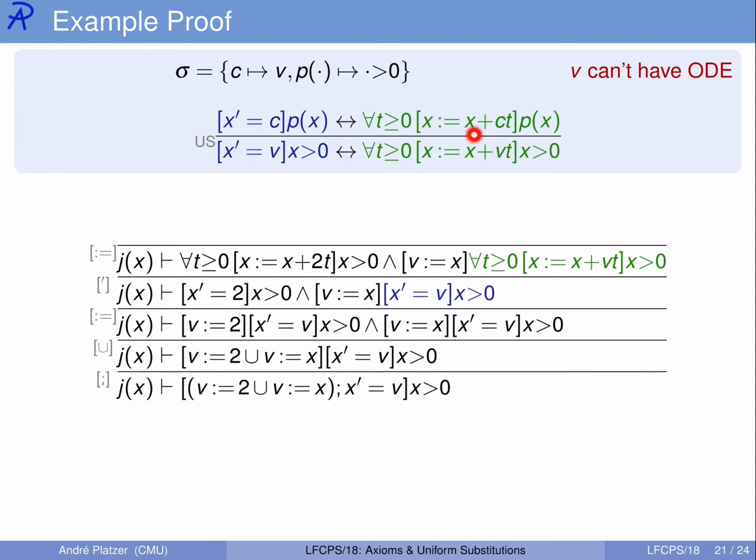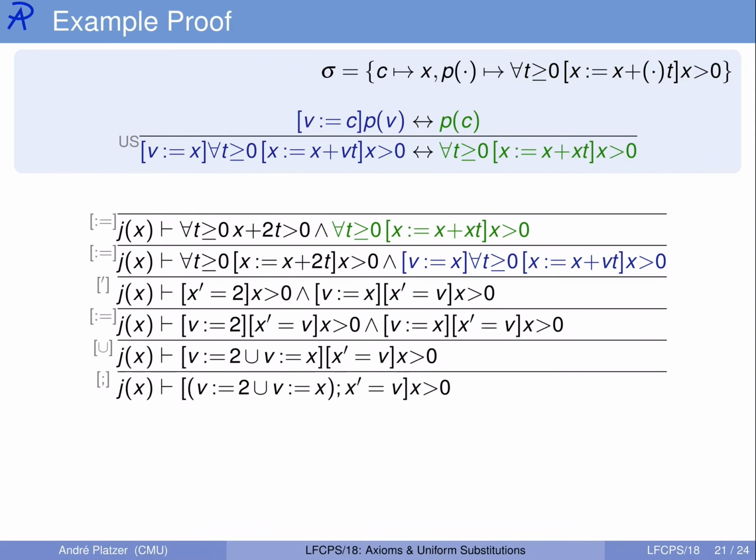When we assign the solution x plus that constant c multiplied by t to x, then for all times t is p(x) true. And uniformly substituting p as well as x compared to 0 for this, we'll get that instance. So replacing the blue formula by the equivalent green formula, even in the middle of things, will of course be fine. And then at the end, we need the assignment taken care of, which here will again have an